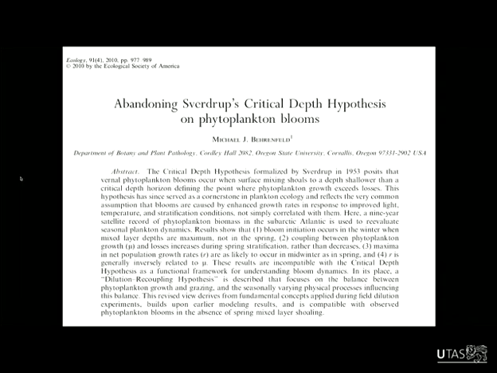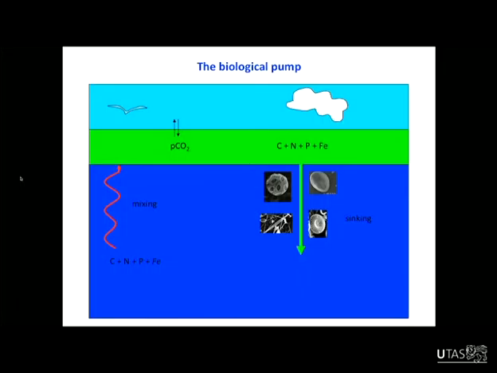Now, that's a nice story, but there's been a lot of work lately that's been starting to challenge this idea. In fact, at the Ocean Sciences meeting that we went to a couple of years ago, there was an entire session devoted to alternate explanations for why blooms occur in the temperate ocean in the spring and the summertime. I'm not going to go into any detail on this, but even after 60 years or whatever, this is still an active area of research, trying to understand what generates high productivity in certain parts of the global ocean in the spring and the summertime.